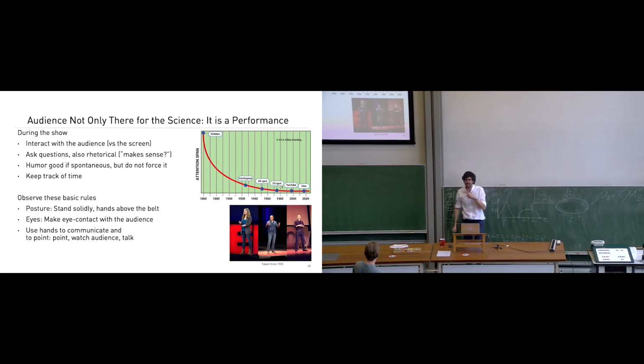Let's do a silly exercise all together. Repeat after me. I can speak loudly and clearly. Louder. I can speak loudly and clearly. Now stick out your tongue and point it downwards like this and repeat. I can speak loudly and clearly. Up. To the left. To the right. And now, relax your face and repeat again. I can speak loudly and clearly.